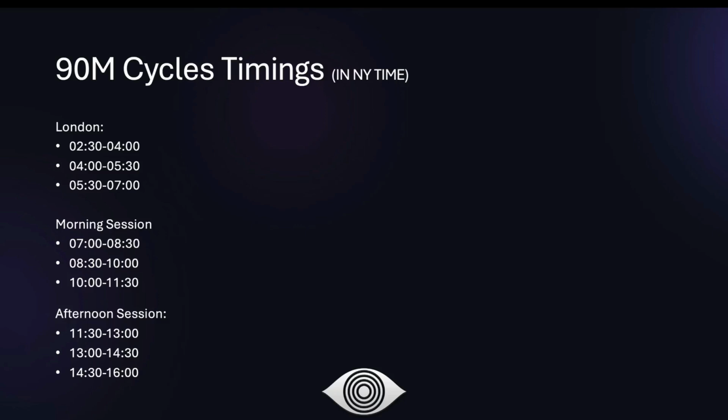Preferably, we want to see highs or lows form during manipulation or distribution windows. However, what's important to note here is that if, for example, a high or low would form every single day between, for example, 4 to 5:30 or 8:30 to 10 or 1 to 2:30, it would of course be too obvious what would be going on from an algorithmic stance, from a coder stance, from a higher level stance.